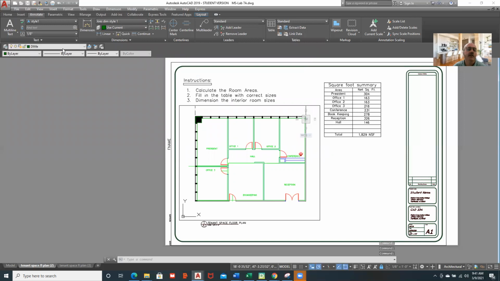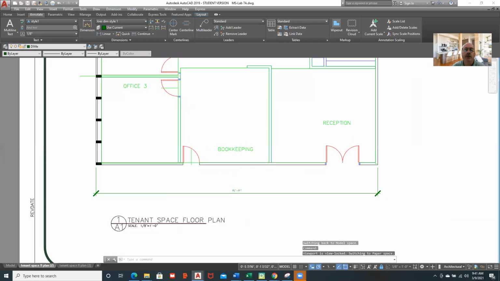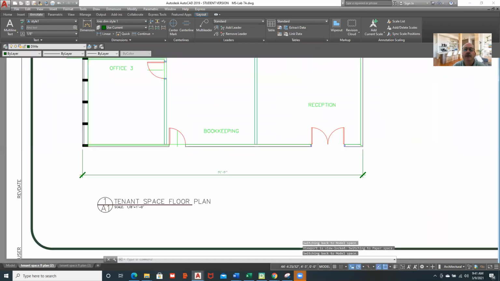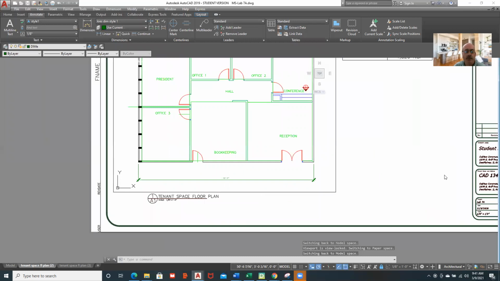We'll try this again. So I'm on the dim layer, and now I'm going to go and put in my dimension in the viewport, and it will automatically scale it to that viewport height. And so that's the technique that we're going to use throughout the textbook. If I go back and I check my dimension,